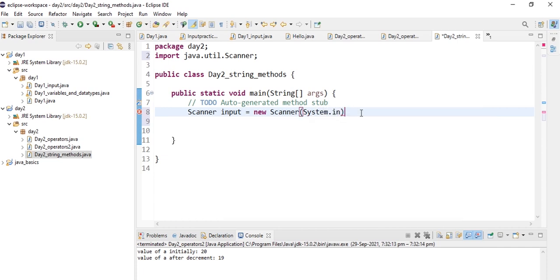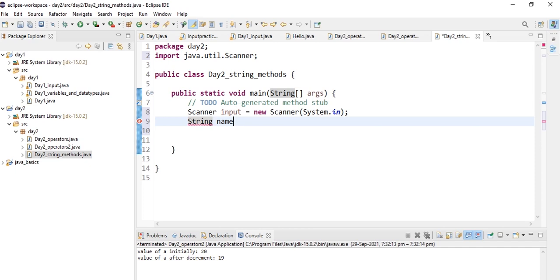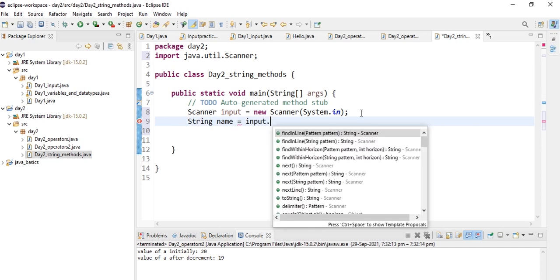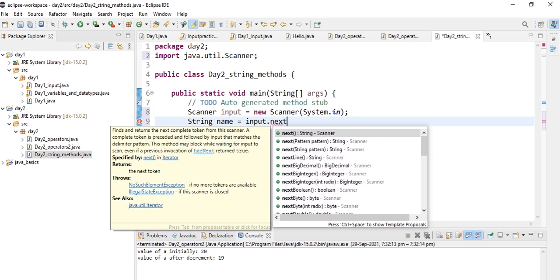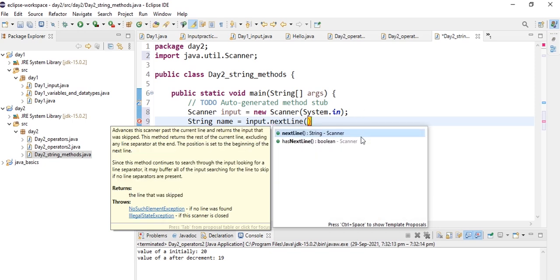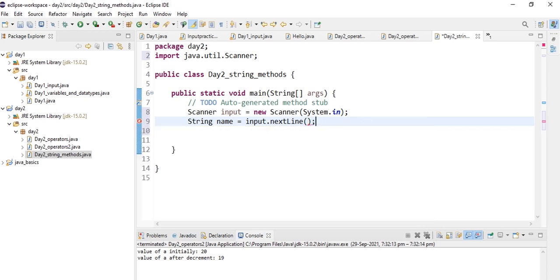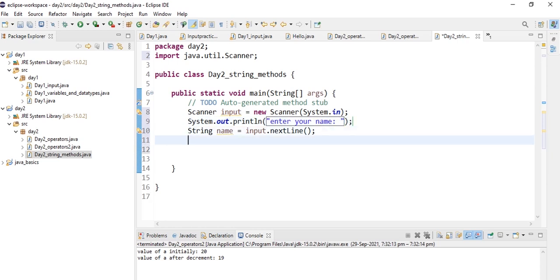That is input. So now we are declaring a String name equal to input.nextLine with a capital L. Before that, let's print something like enter your name, and let's print out the input again, that is, your name is name.